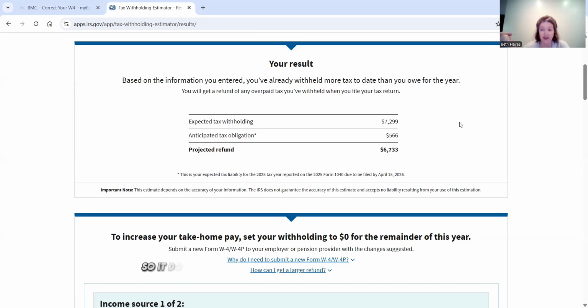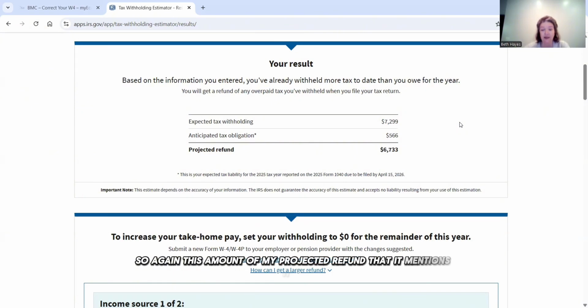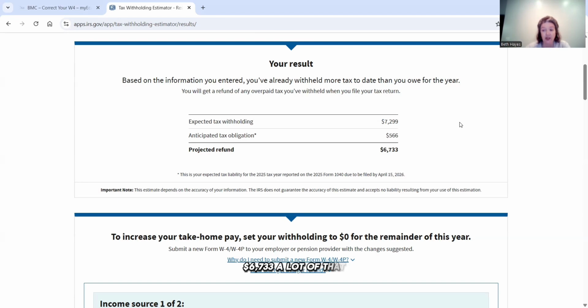So it does make filing your taxes a little more complicated. You might not be able to handle it all yourself anymore, but you will reap the benefits in extra savings. So again, this amount of my projected refund that it mentions here, $6,733. A lot of that, a big chunk of it, is in the credits that I'm receiving, the benefit that